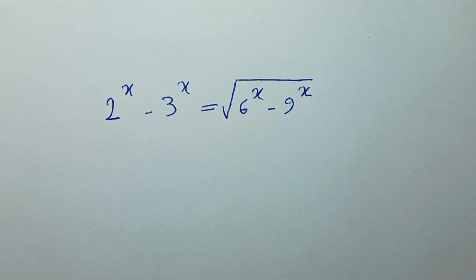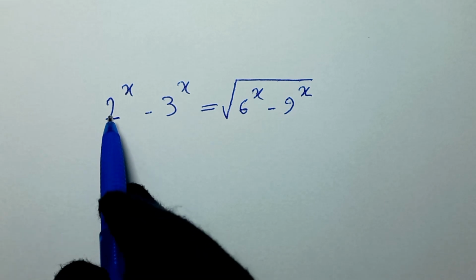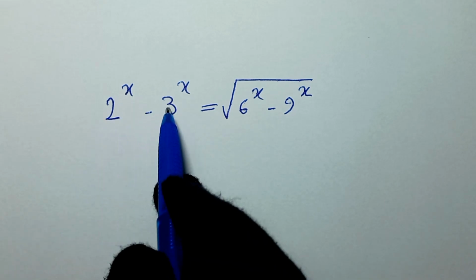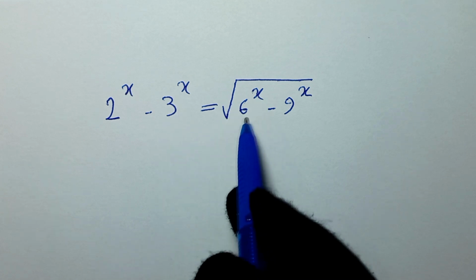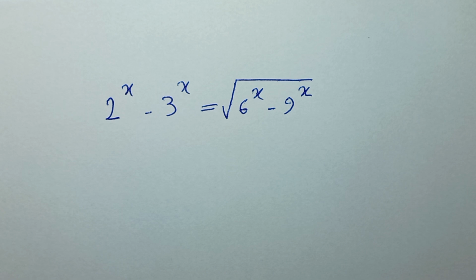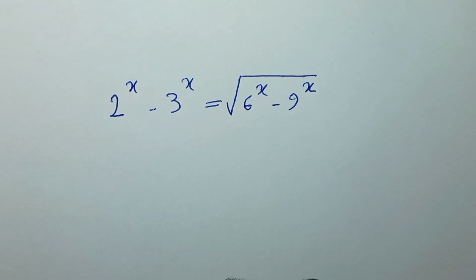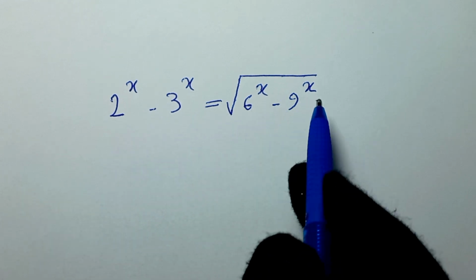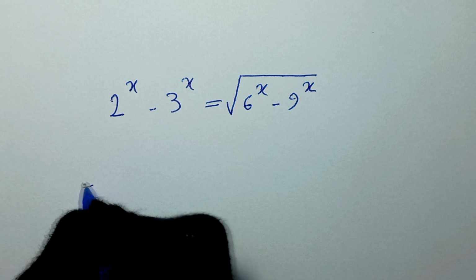Hello my friends, you're welcome to solve this math problem, which is 2 to the power of x minus 3 to the power of x is equal to the square root of 6 to the power of x minus 9 to the power of x, to find the values of x. In the first step, we square both sides of this equation, so it will be